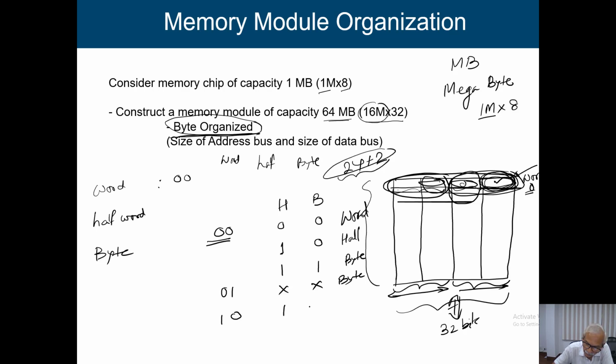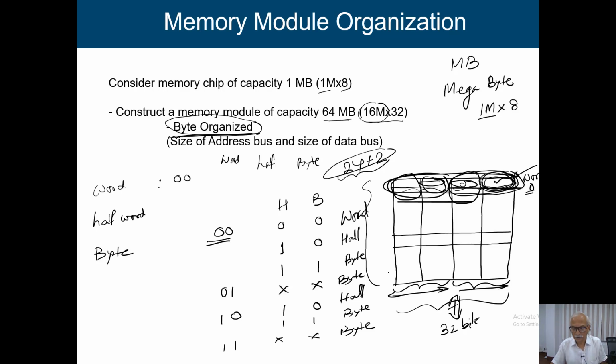If it is 1 0, then I am going to work with this particular upper half word, or if it is 1 1, then I am going to work with a byte. So these are the two possible combinations that we have. Here we cannot have a complete word. Now when the last 2 bits are 11, whatever it may be, because I don't have any other option, I am going to work with only a byte. This is the most significant byte of this particular word.